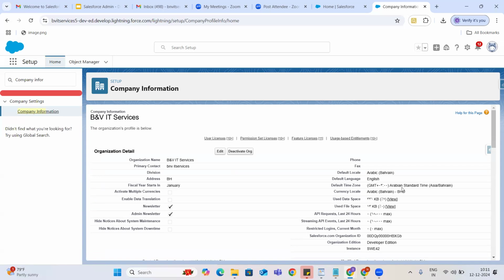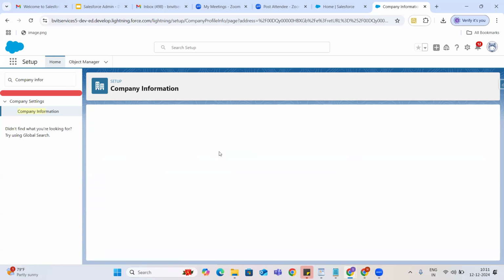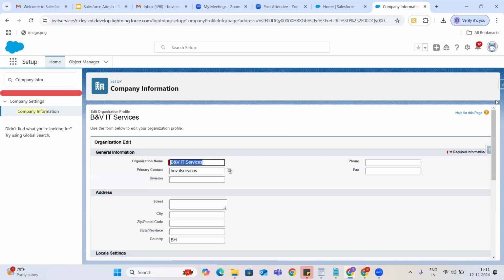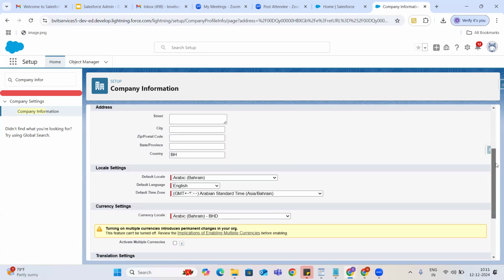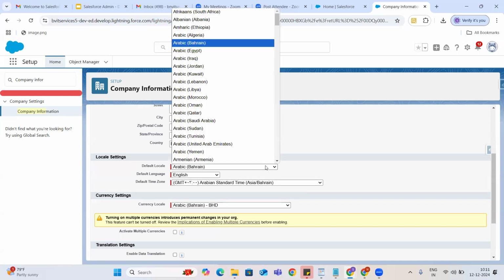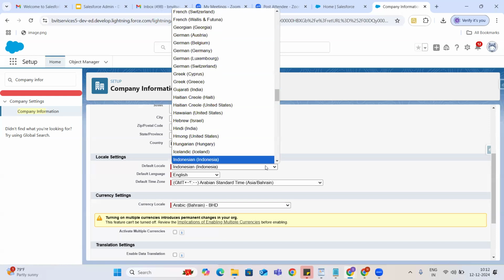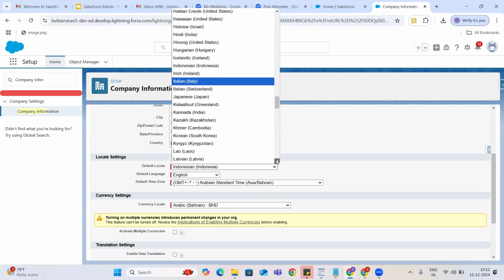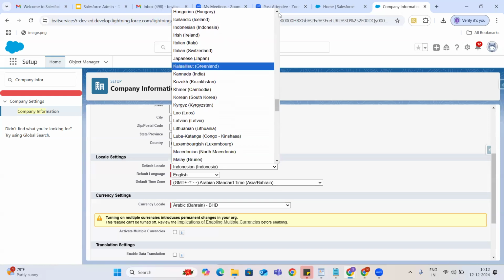But see, am I able to understand anything? Nothing, right? Let me edit and change my time zone to the Indian time zone, or if you want to maintain your time zone as the US time zone or London time zone, that's your wish, guys. You can select whatever time zone you want.